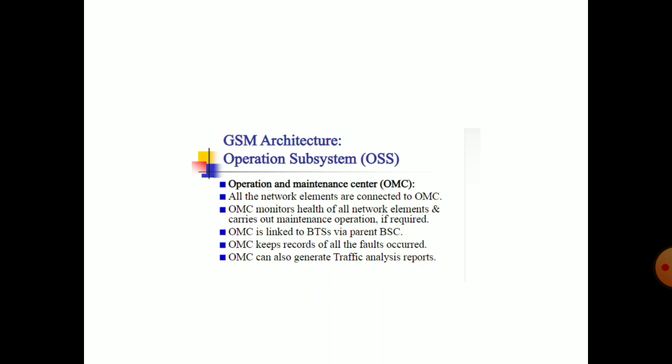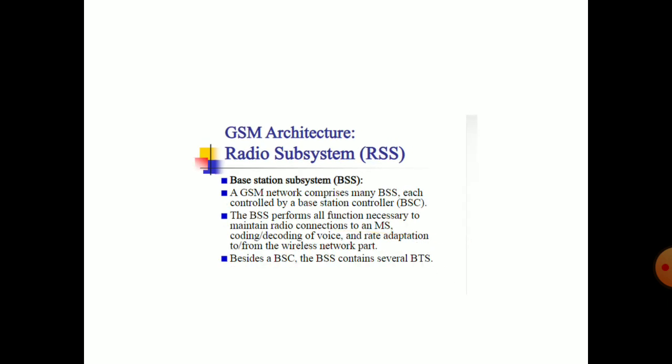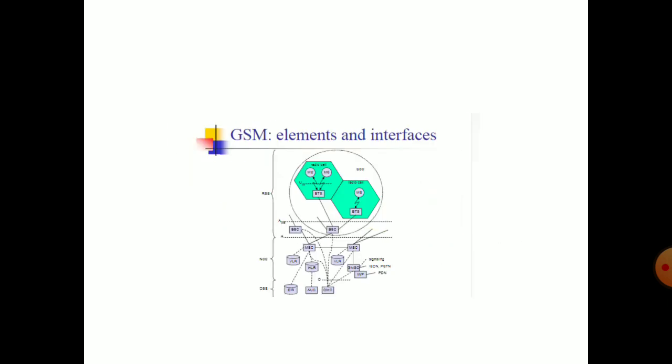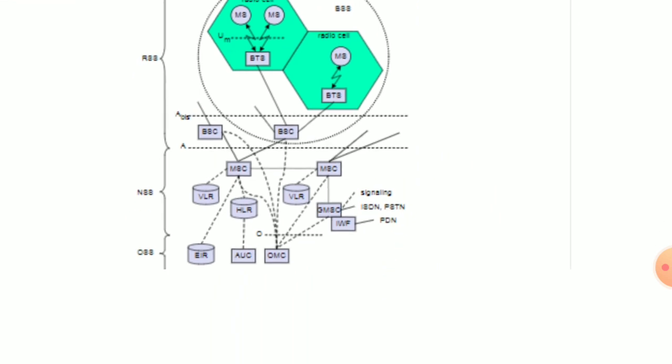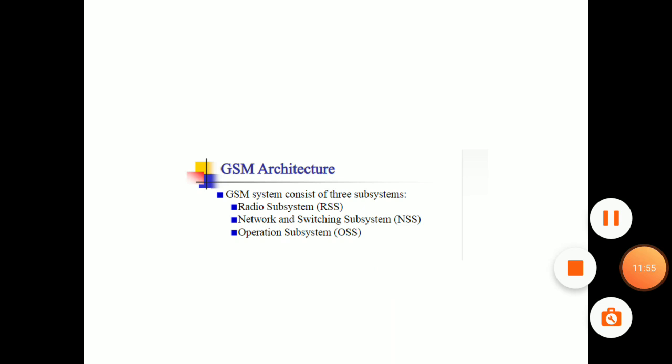And the last one, in the diagram, the picture shows what I am explaining about the VLR and the HLR, and the MSC also, and what purposes they provide. A is the horizontal line that indicates the interface, and the last ones are the AUC, OMC and EIR. One more element is the OSS, the operation subsystem, the last part of the architecture.